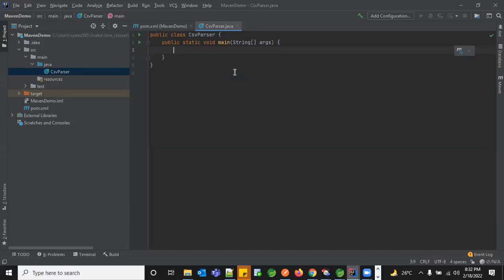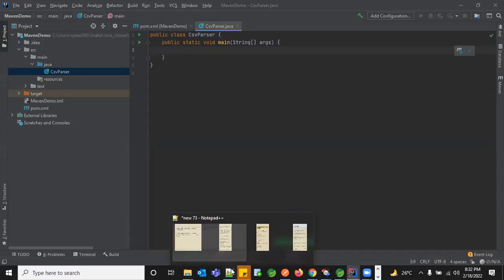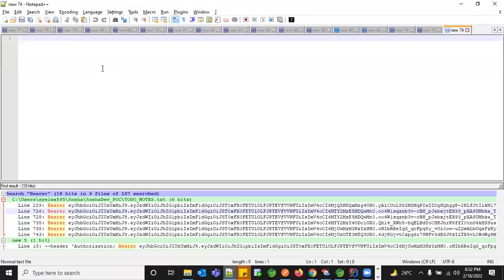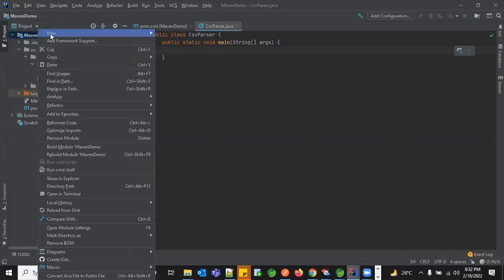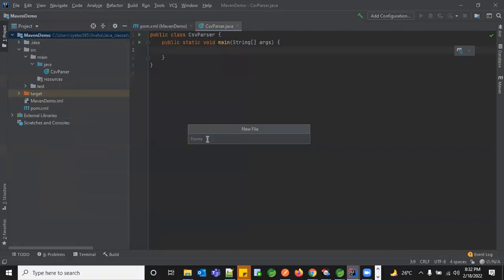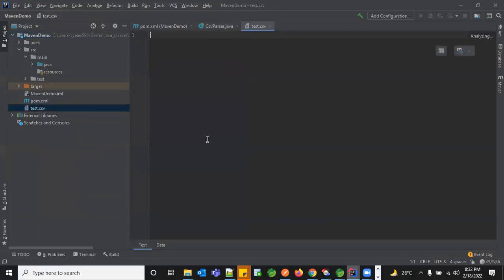Okay. So you know how a CSV file looks like, right? Let's create a new CSV file here. Let's have ID, comma, name.